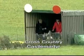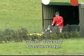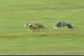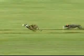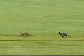First course now in the quarterfinals of the Classics Club Champion Stakes. Cross Country in the red, owned by Brendan Matthews and also trained and bred by Brendan, and Castlemartyr owned by Patsy Byrne and Helen Murphy. Castlemartyr coming up in the white, and look at this for speed as last season's dog of the year, Castlemartyr, and the Irish Cup winner, strides out with purpose, climbing the hill, leading the cross country, last year's winner of